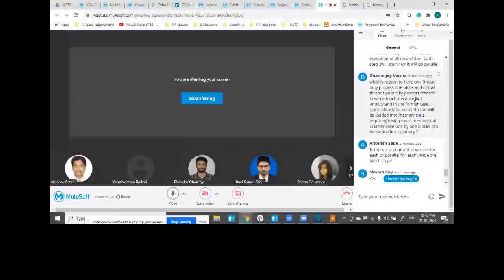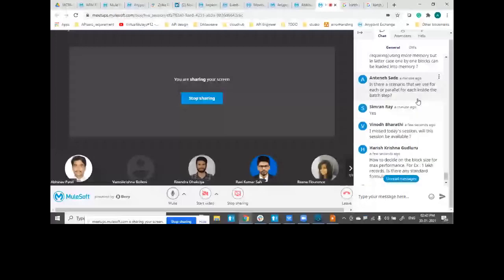Next, is there a scenario where we can use for each or parallel for each inside the batch step? In that case, if you put a for each or a parallel for each within a batch job, we can do that. I won't say we cannot, but there is no requirement as such.